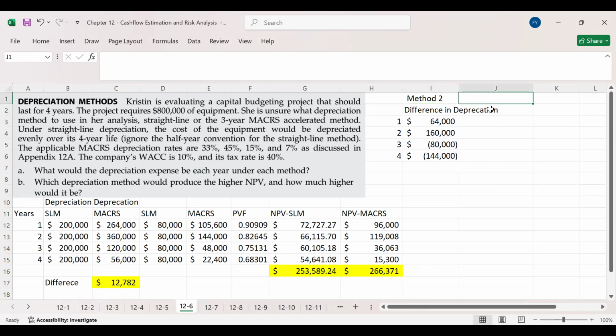Then in the next step, we multiply this difference with tax. The difference is going to be multiplied by the tax rate. The tax rate is 40%, so the difference, which is I3, is multiplied by the tax rate, which is 40%. So here, and when we calculate,